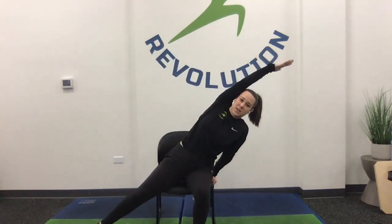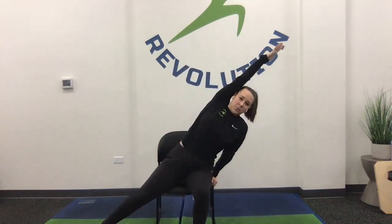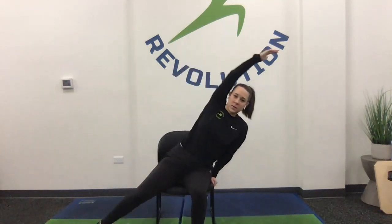Reach. 1, good, nice and loud, say it together, reach. 2, reach. 3, reach. 4, reach. And 5, very good, switching sides, so hold on to the bottom of the chair with that right hand,